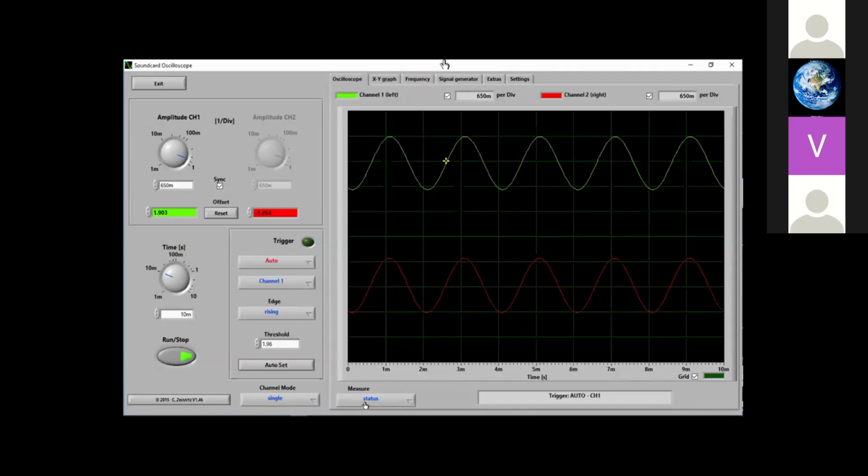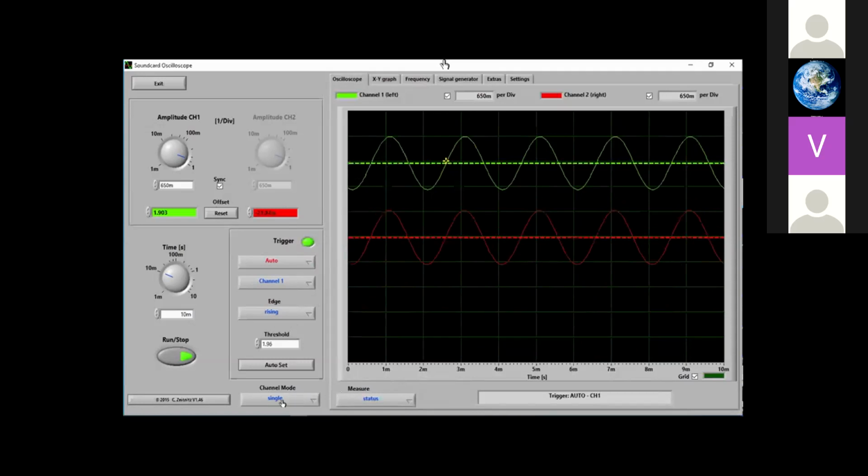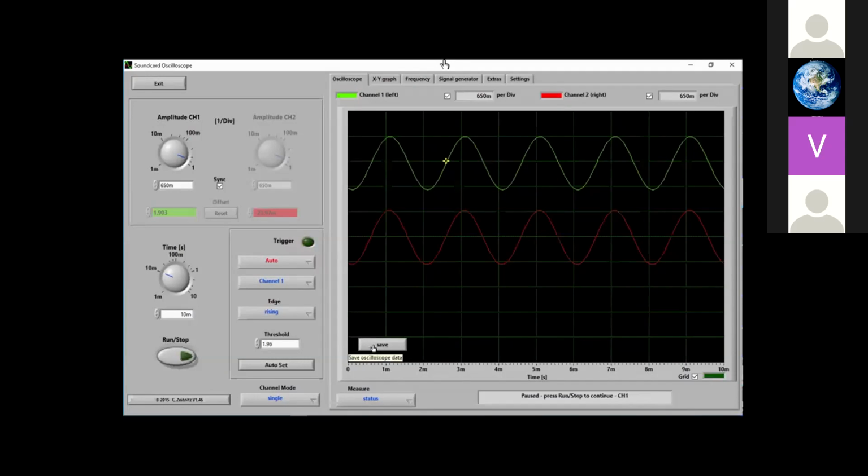Like suppose here, these are two sine waves with 0 degree phase shift. So just keep them here. If you want to capture this waveform, you can just stop this and save this waveform anywhere. You can save this waveform if you want to attach it somewhere, or if you want to have a record. So this is the first thing. Okay, we have explored this section, and we have explored this section. Now let us see this section.